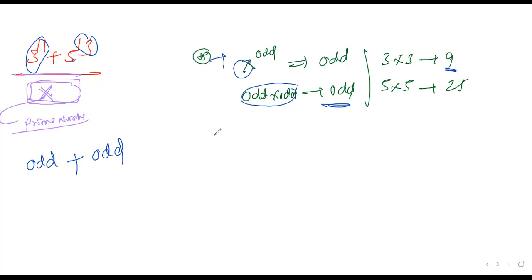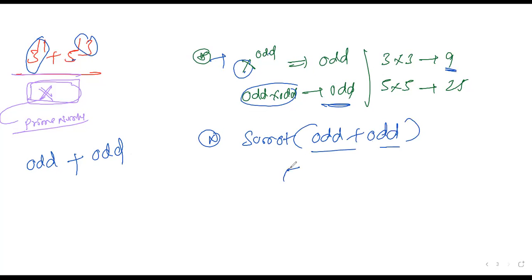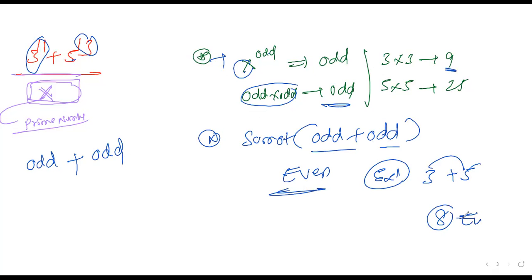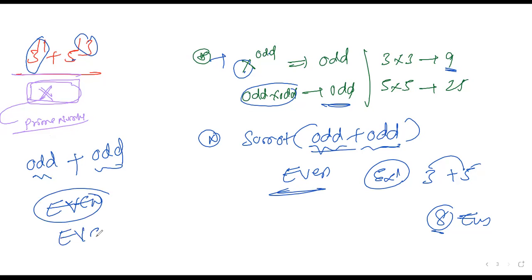Next, note 1 is clear. Next, note 2: sum of odd numbers, odd plus odd. What happens is that odd number plus odd number becomes an even number. For example, take an odd number, 3. One more odd number you can take, 5. 5 plus 3, how much is it? 8, an even number. If you add two odd numbers, the number becomes an even number. Here an odd answer will come, and here also an odd answer will come. Both are odd answers, so the answer becomes an even number.